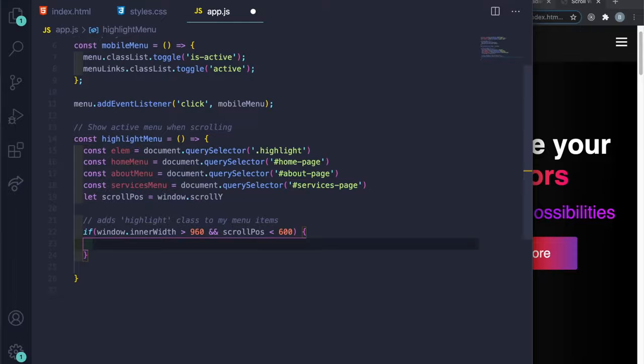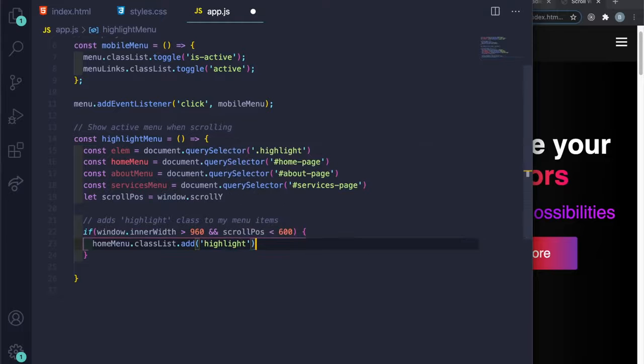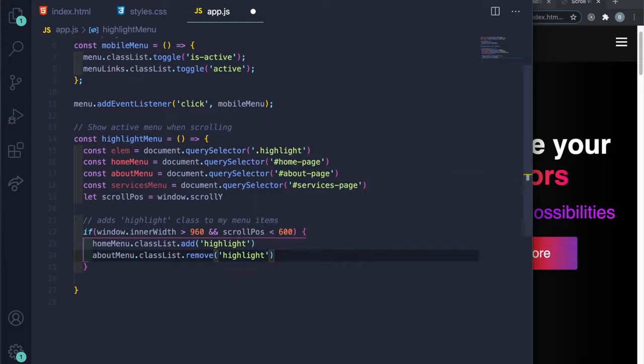And then if that is true, then I want to target home menu. And then I want to add a class. So you say classList.add, and I want to add the class highlight. But the thing is, when you do this, when you scroll past the about section, it ends up adding it to that, and then you scroll past the next section, it ends up adding it to that as well. So for this one, I want to make sure I have the about menu now I'm targeting, and I'm going to say classList.remove. I'll remove the class from the about. So when I scroll back up,